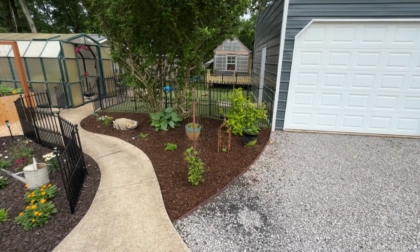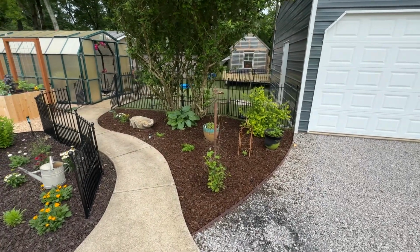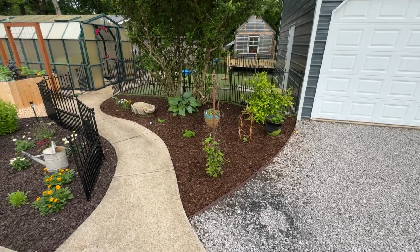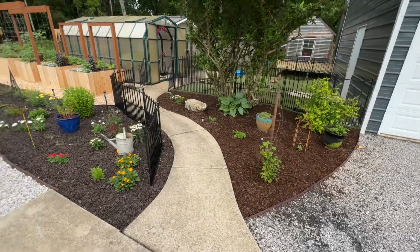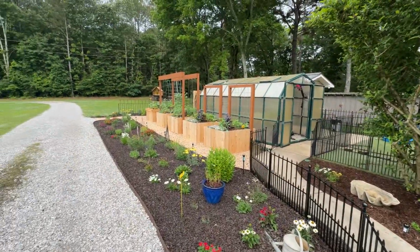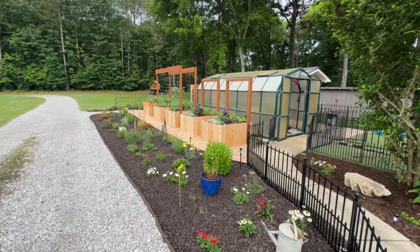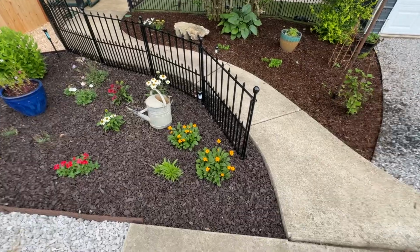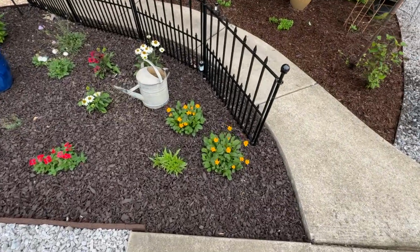Hey guys, quick video. This is the final version of my IBC tote wicking bed garden and the bee plants that I have surrounded it with. So finally got everything done. You kind of see in the distance, and I'll show you what I've got planted here in a second, but show you some of the flowers that these leafcutter bees absolutely love, like coreopsis,